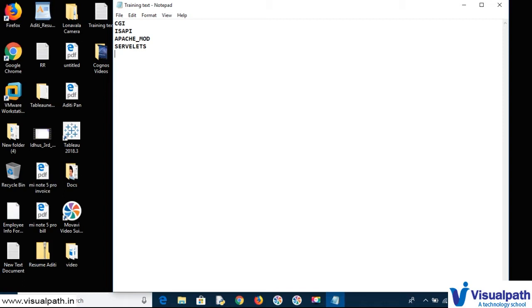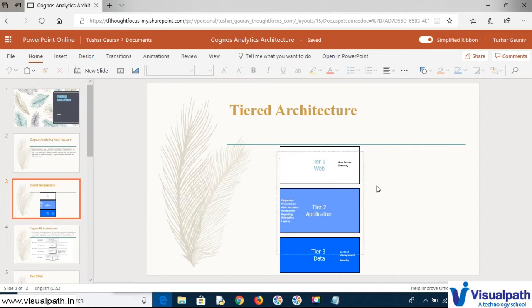So what happens when the gateway receives the information? Let's go back to our previous example. There we had a Cognos URL where I had given my IBM ID credentials.